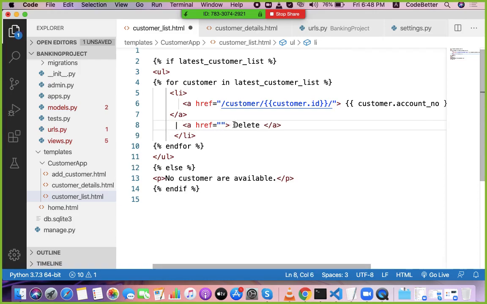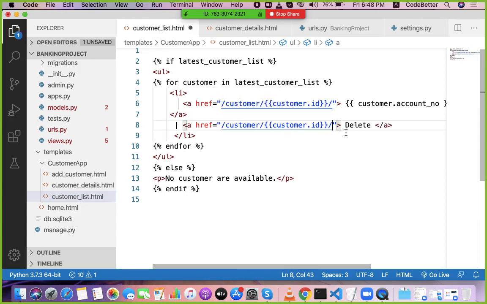Okay, so I want this link. To delete, I have to create a delete user interface. Like I have created a link with the customer ID, in the same way I can create a similar link to delete.